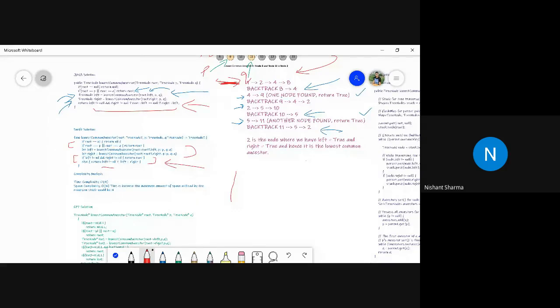So we try to search 9 and 11. In the first DFS, we were unable to find 9. So we backtrack to the 8 and then we try to find 9 here. Once we find 9, who will be the left node? What will be the left node?